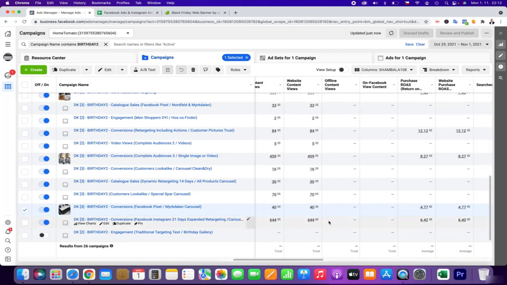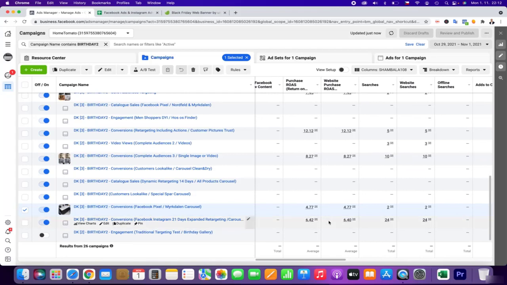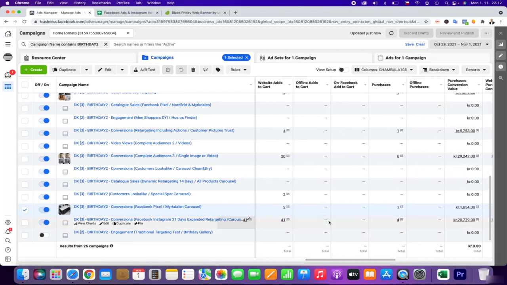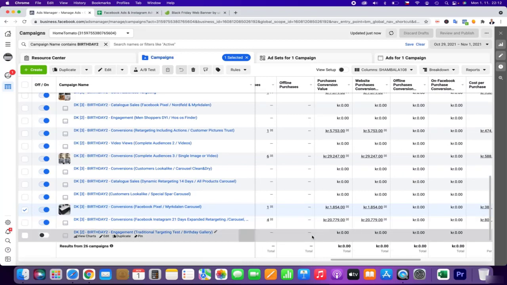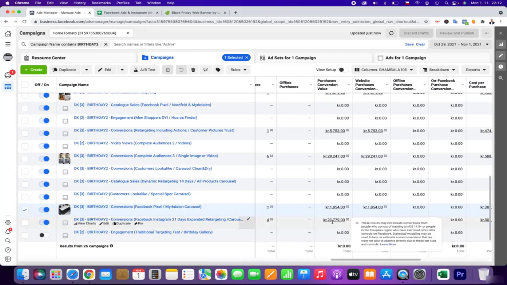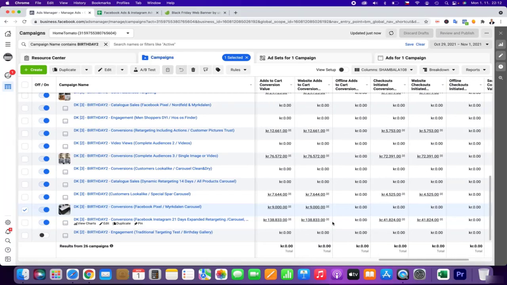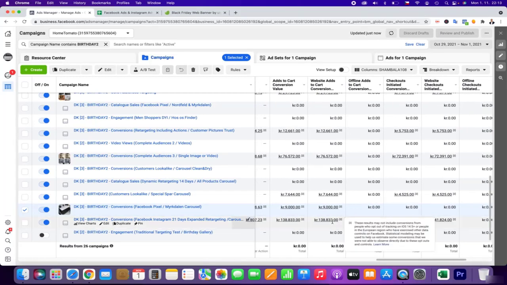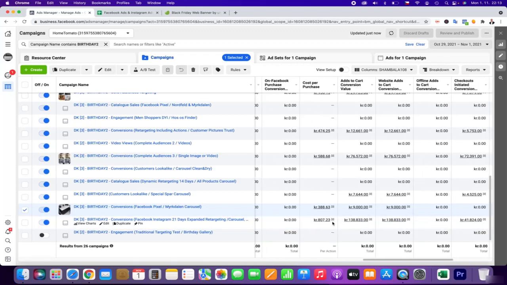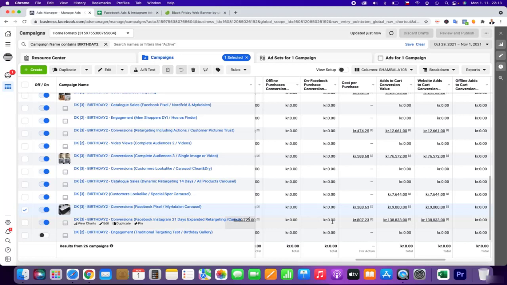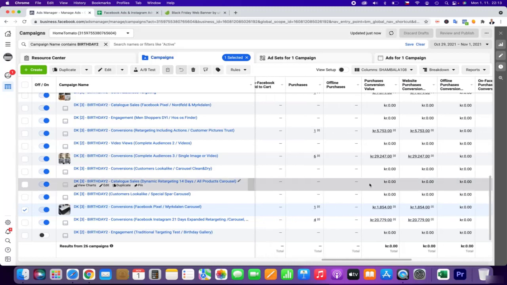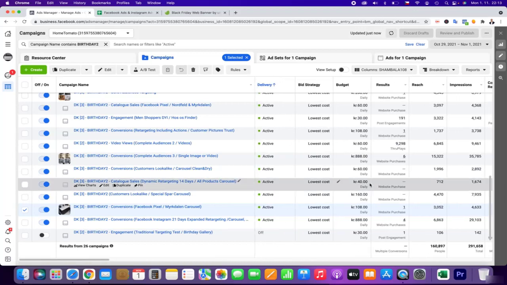So a lot of these actions can appear backwards, especially purchases. We might think that we have purchases only in the value of 21,000, but there are a lot of add to cart actions. That means that we are doing well, and there are a lot of actions connected to add to cart. The same with dynamic retargeting, we might think it doesn't work, but we might discover after a few days that there have been purchases. So one of the most important things is not to panic,